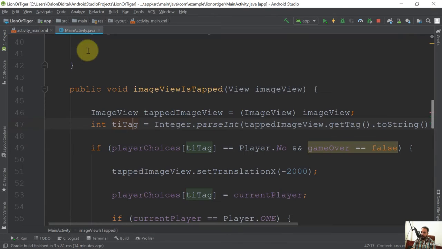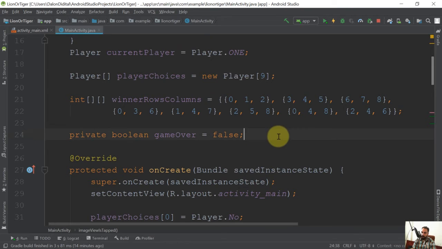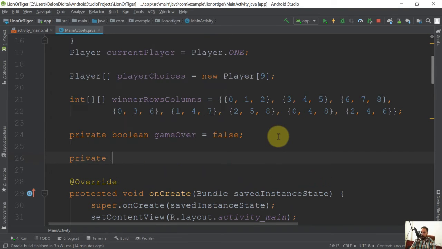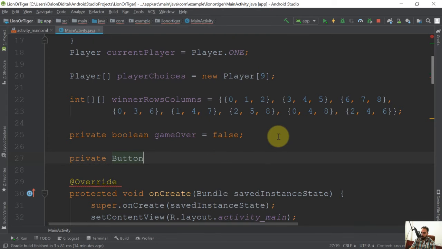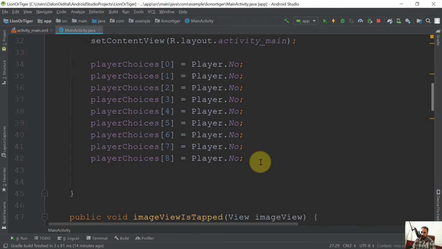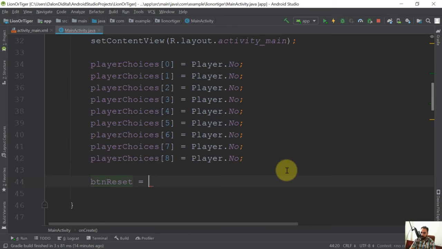Now let's go into our main activity class, and now we need to declare our button here. So let's create a private variable of type Button, and its name is going to be btnReset. Next, we need to go inside the onCreate method and initialize our btnReset: findViewById(R.id.btn_reset);